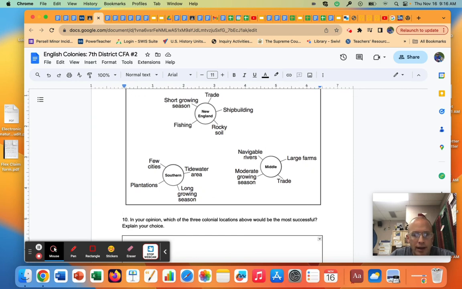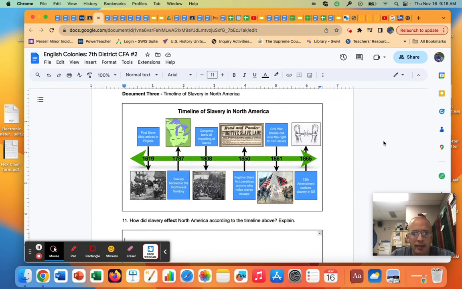All right. Now, I believe this is the last one. It says timeline of slavery in North America. Number 11, how did slavery affect North America according to the timeline above? Explain. So each blue square is going to mention something about slavery. You have to pick one and explain how slavery affected North America. How did it affect North America? Any type of effect, any type of way that it affected other people. Make sure you explain that in detail, and that should bring you to the very end of the District CFA